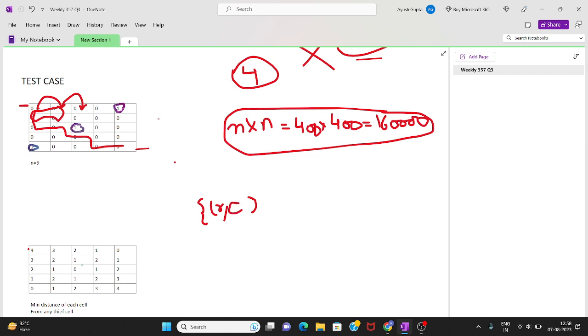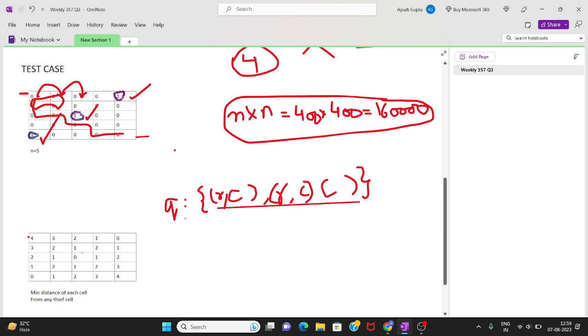This is for one of the thief cells, let's say for this. Then for this thief cell, we will store another pair R, comma C, and for this thief cell also. Similarly, for every thief cell, only for the thief cells, we will store their cell number pairwise in a queue.